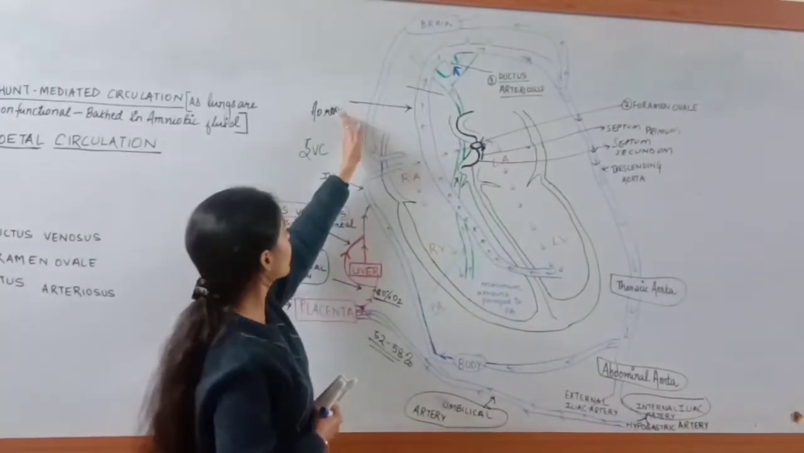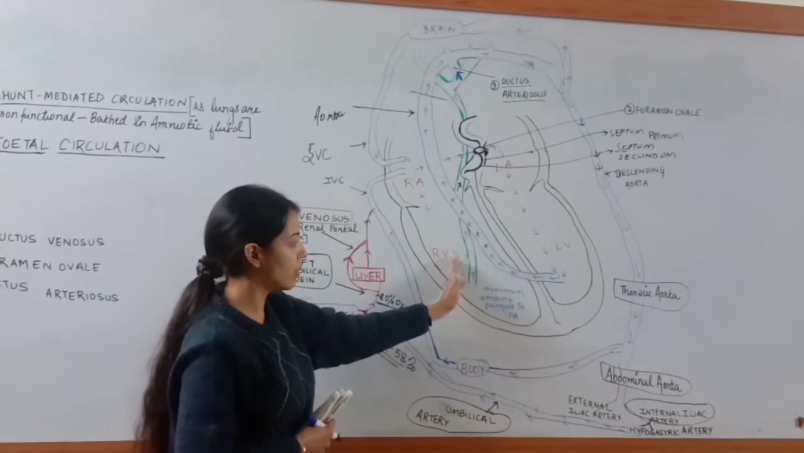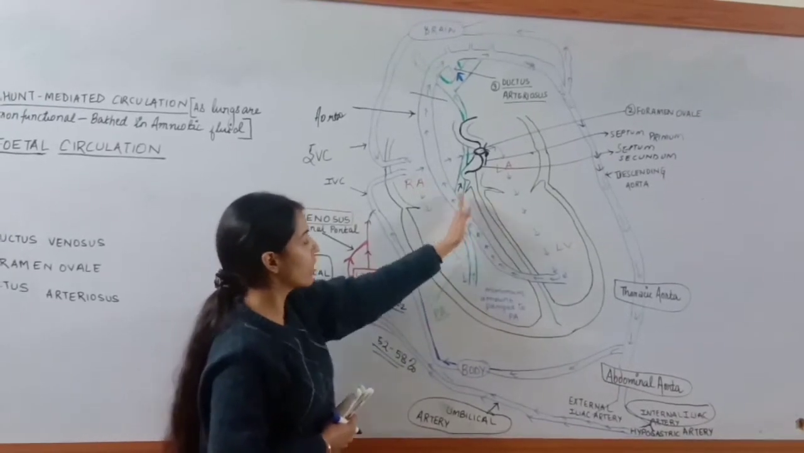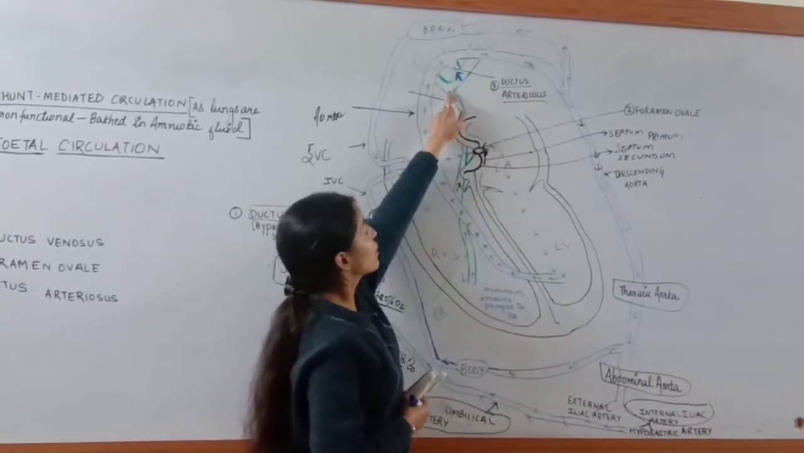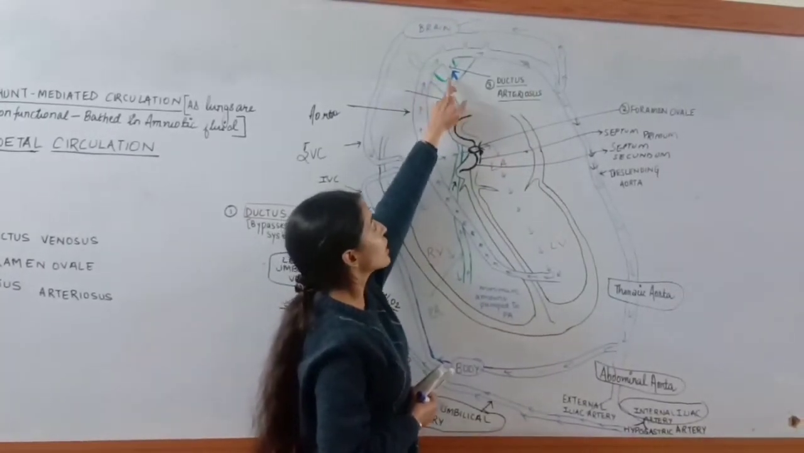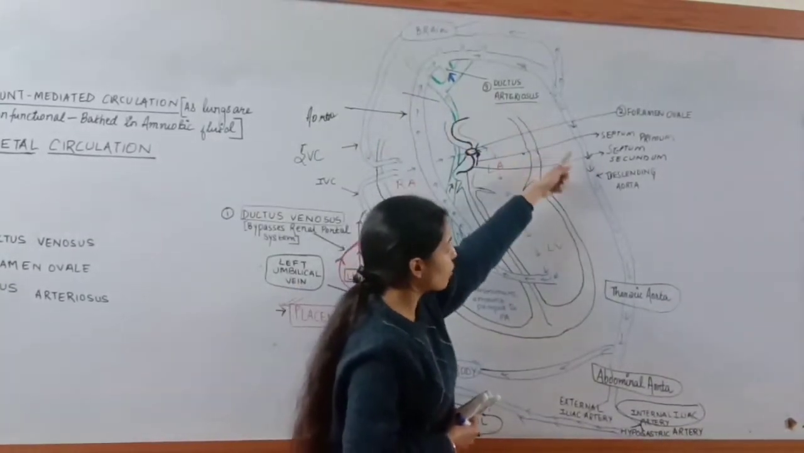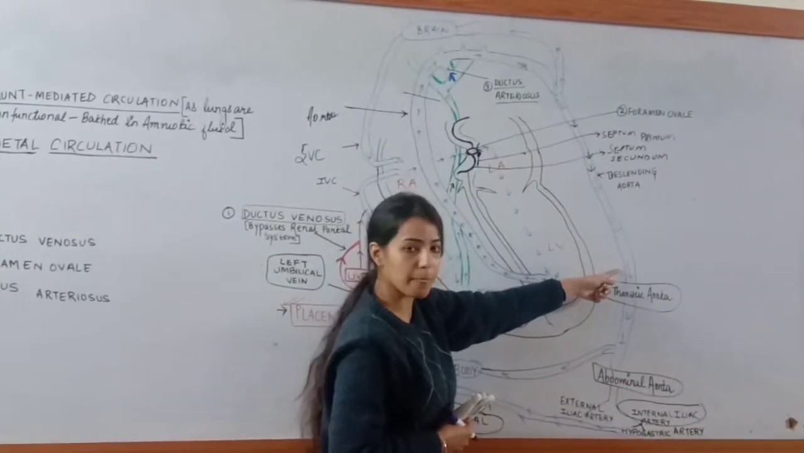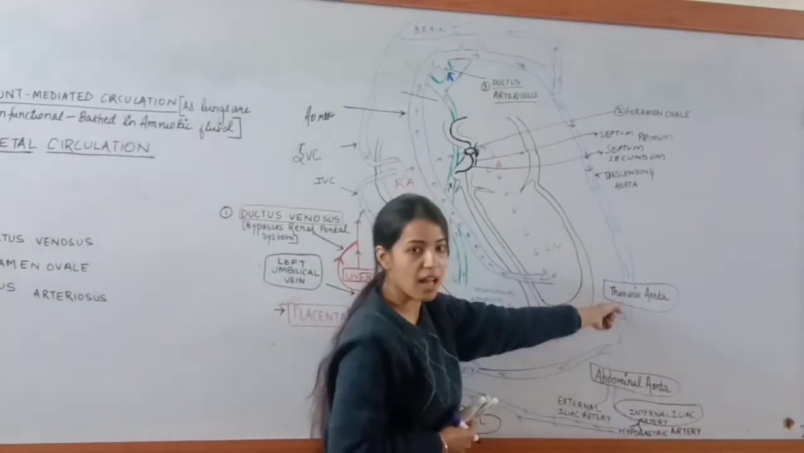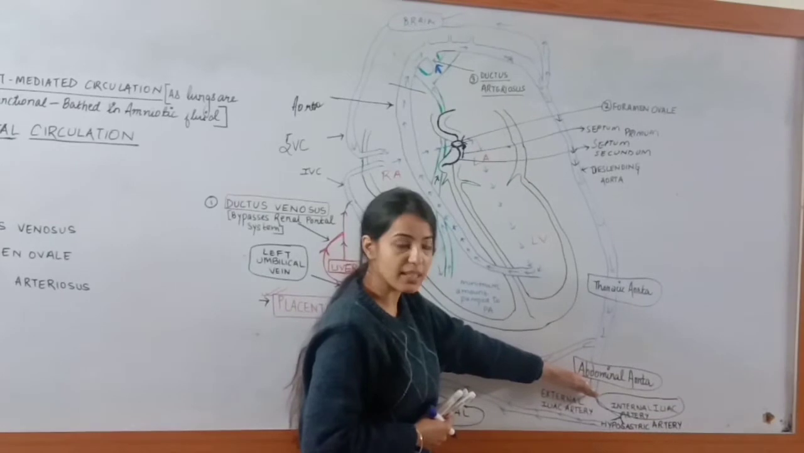At the same time, from the superior vena cava, the blood is coming into the right ventricle, going into the pulmonary artery, but it is not going to the lungs. It is going to the aorta through the connection that's called ductus arteriosus, and that blood is again going to circulate in the body. It will be coming into the thoracic aorta, going into the abdominal cavity, that's the abdominal